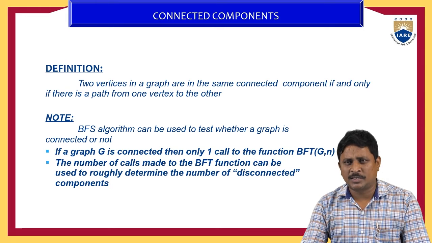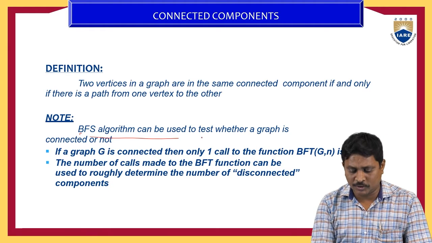Also, in connected components, if you remove any vertex in the given graph and it divides into two or more subgraphs, then up to that point all these components are connected. Now, this division into two or more graphs means they are not connected. So that point is called an articulation point.